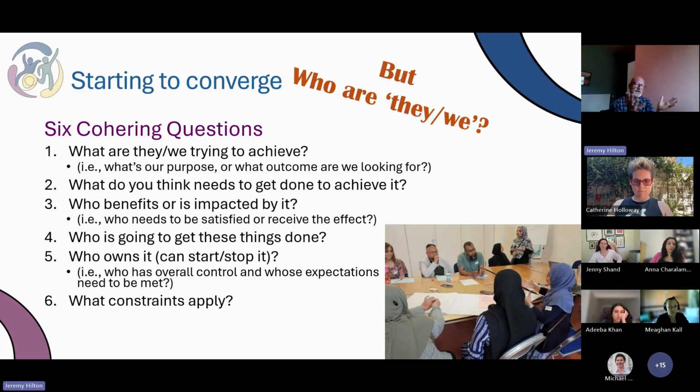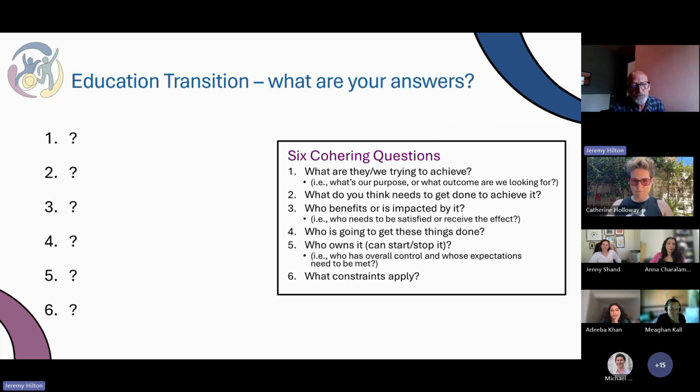So again, if you take the 2 transitions, it's something you can ponder individually, have a conversation, and come back with. So what would your answers be? I'm afraid we haven't got time to go through them now and then consider them, but I'd love to know your thoughts on this one. Answers on a postcard, please, but we will be coming back to this in time.